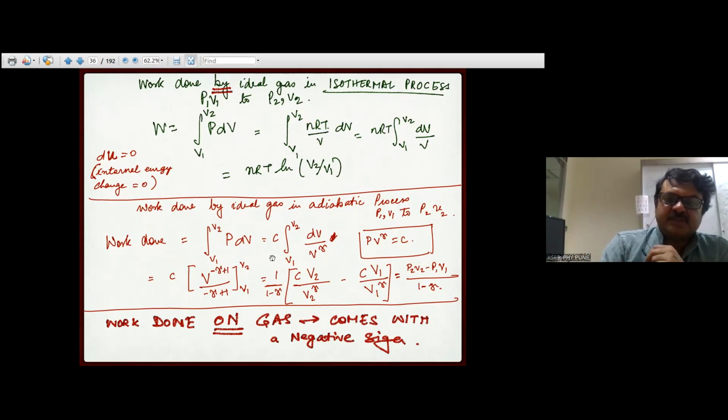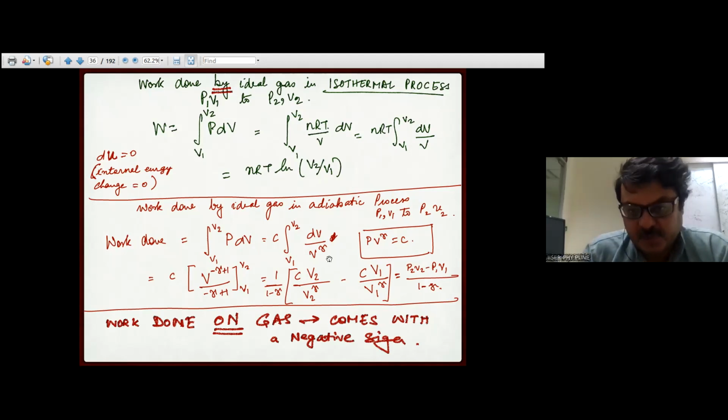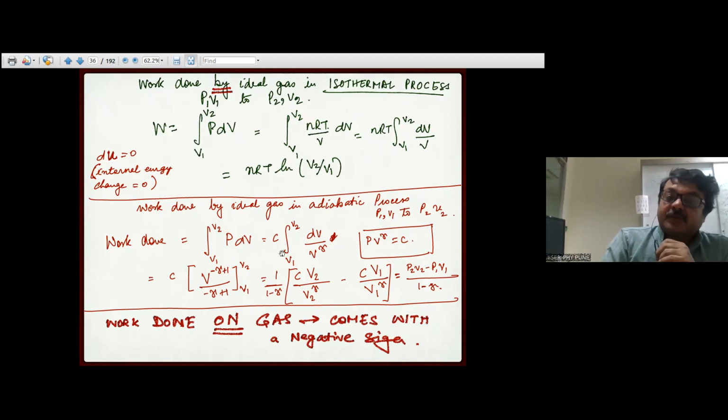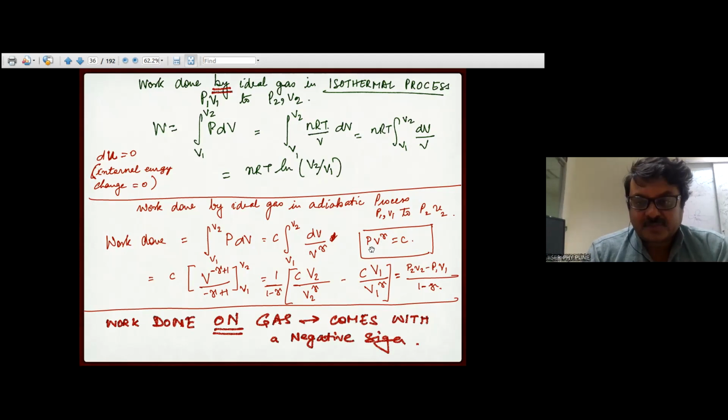But now this P, you can replace it. The temperature is changing, so you don't want to use PV equal to nRT here, because T is continuously changing as volume is changing. But you can use this quantity. And if it is quasi-static and volume is defined at each point, we can do this only for quasi-static processes. Then using this relation and integrating it,